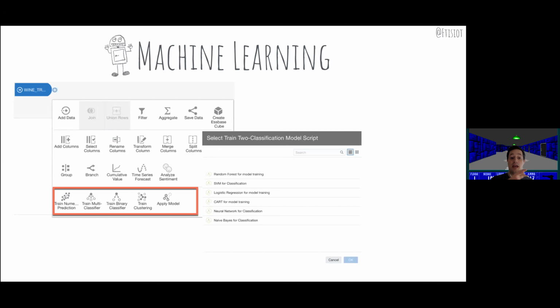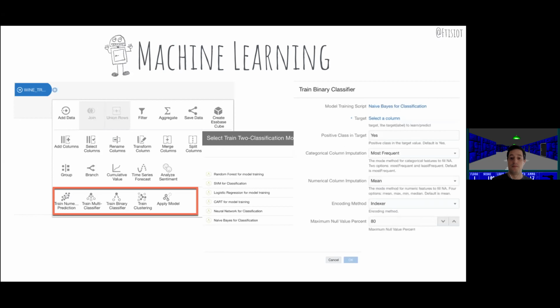And then within each problem that I'm trying to solve, I will be able to select which algorithm I would like to use to solve the problem. Within each algorithm, I will be able also to select which parameters to use. So you can create ETL pipelines within the tool, within the same tool that you use for analytics, and have a really high level of customization in the way that you create the model.